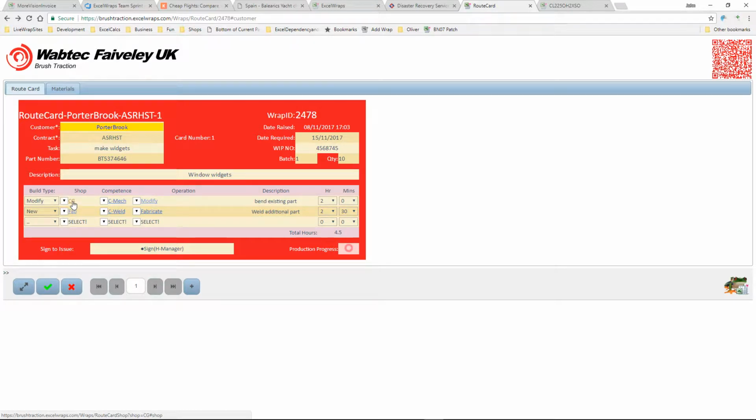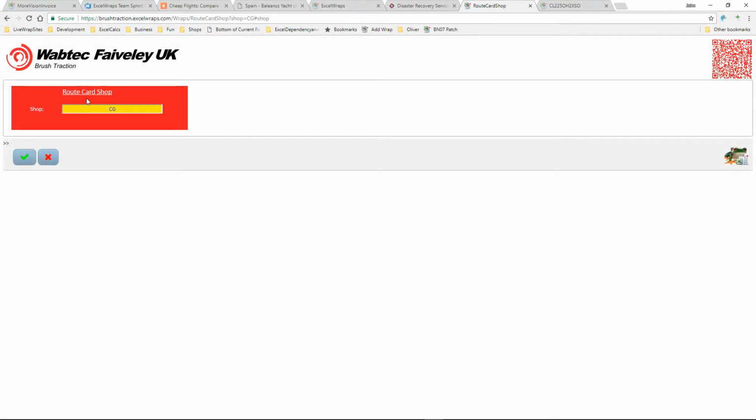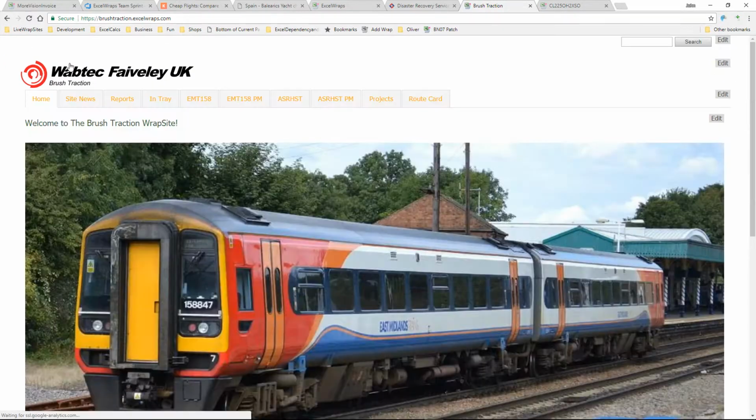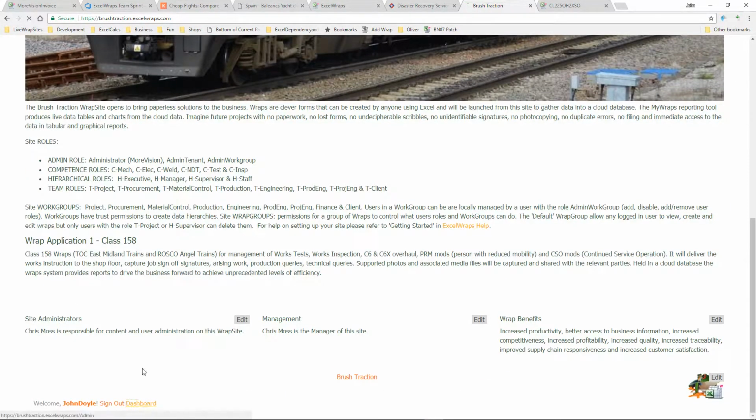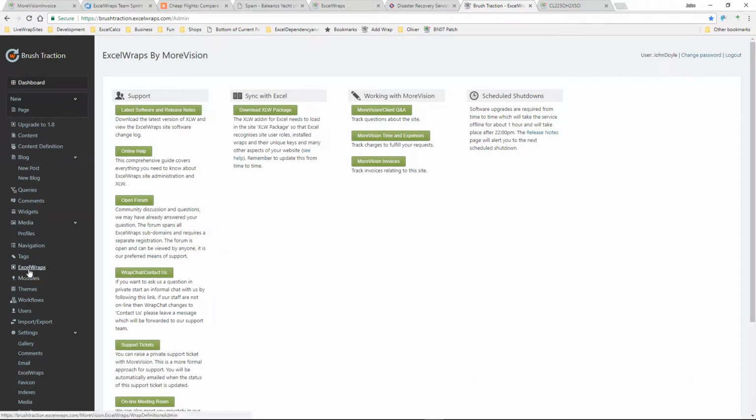So we're going to go to here, CG, and we're going to see that it's actually a very simple wrap. It's holding a value, and the value is CG, so it's the name of a shop. If we look in the back end here, let's go have a look in the administrators area of the site. To do that, I will click in the home, go down to the dashboard, go to Excel wraps,